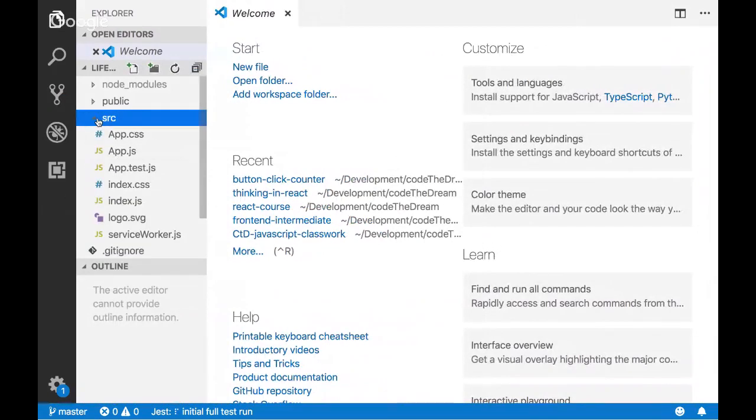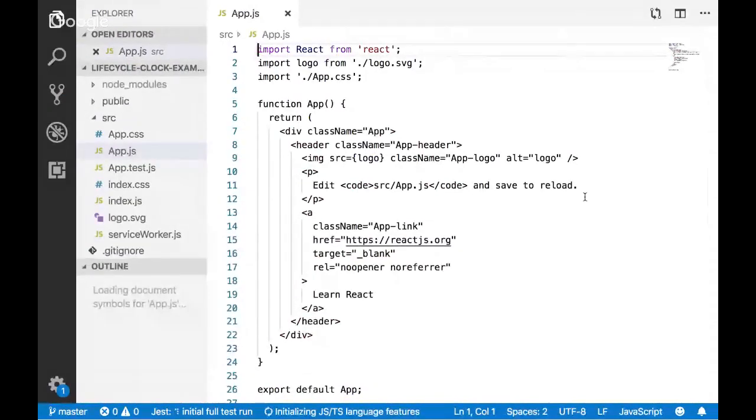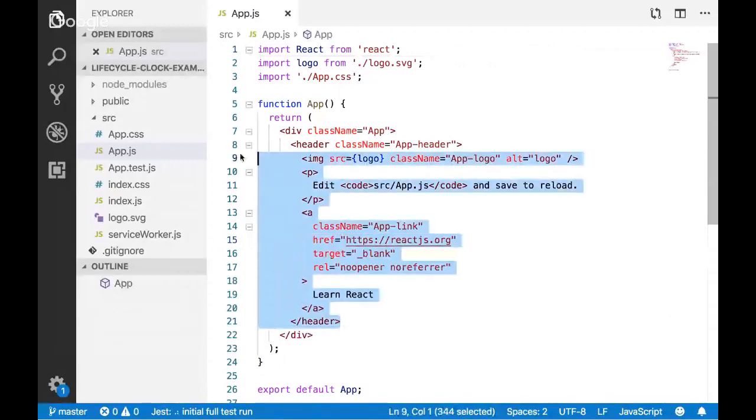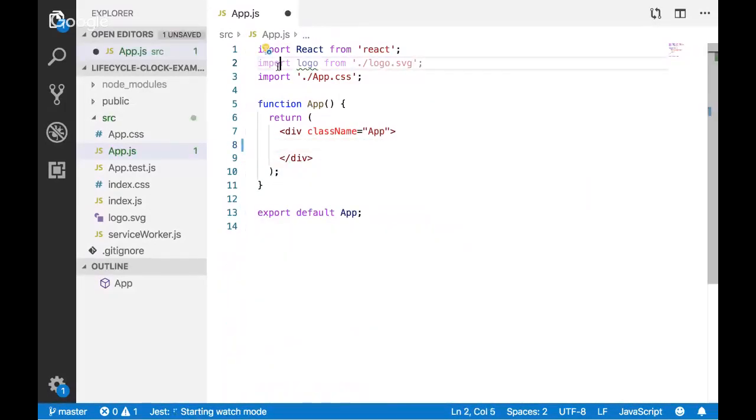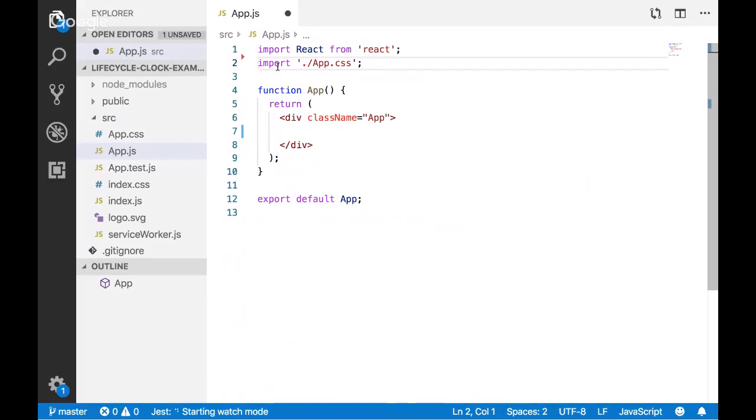It's all going to be very simple, similar to what we've already had. Here's our App.js file, all of this React code. I don't care about any of this. Like before, I'm getting rid of that. I'm not going to care about this logo, CSS thing, or this App.css, although I'm going to come back and talk about this in another class. What we're going to want inside of this App is some sort of Clock component. So let's just assume that I'm going to create a Clock component, so I can just invoke it right here.